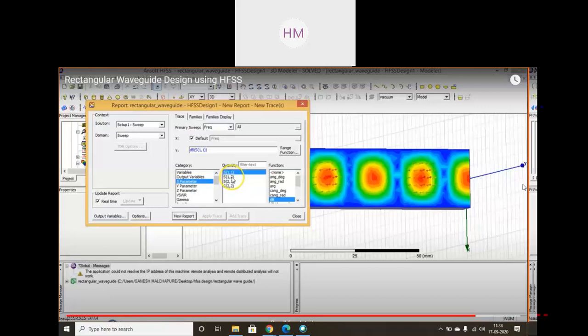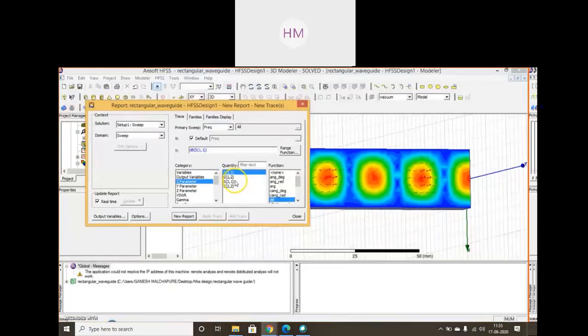Clear? So here we can plot the graphs of S11, 12, 21 and 22 parameters. What we will do, click on a new report for each parameter. We will get a plot of all in decibels. Here I have selected dB. You can see in the process dB is clicked. Okay, S11, 12, 21, 22 parameters we can select. So now we will plot the S parameters.